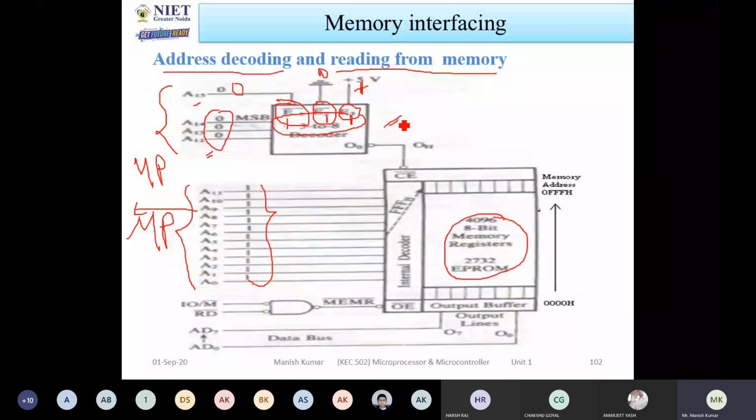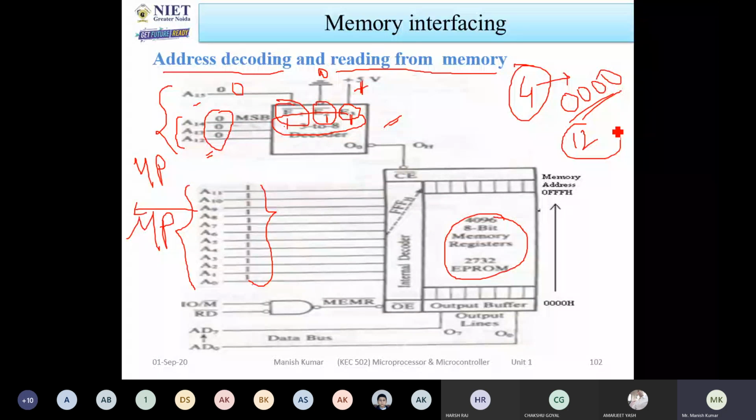Okay, so when the decoder will be activated, now you show that this is the A12, A13, A14. Since you are using only 12 address lines, 4 address lines will be left, and these 4 address lines will always be 0, 0, 0. This will not change. Remember that. If the address lines are only 11, 12, so only 12 bits will be changed, but these 4 bits will not change in any circumstances.